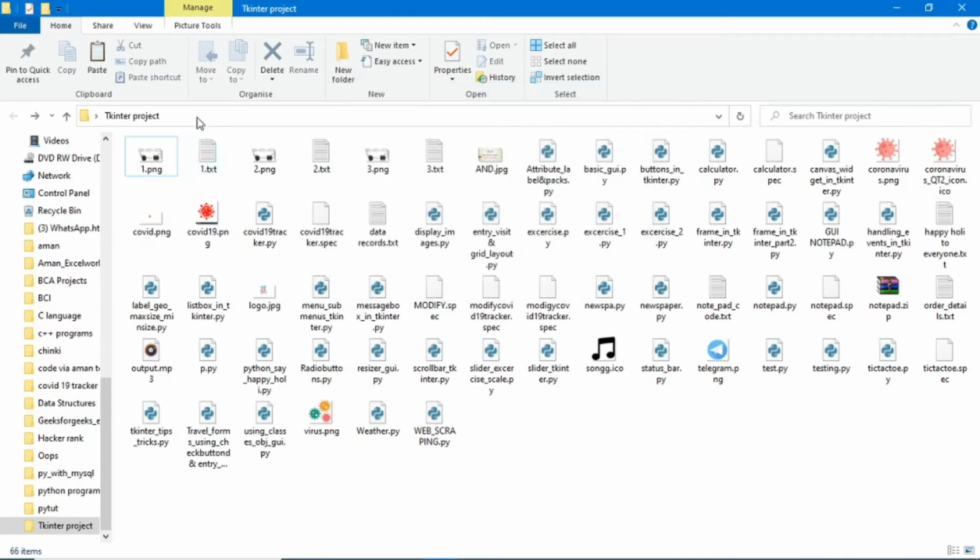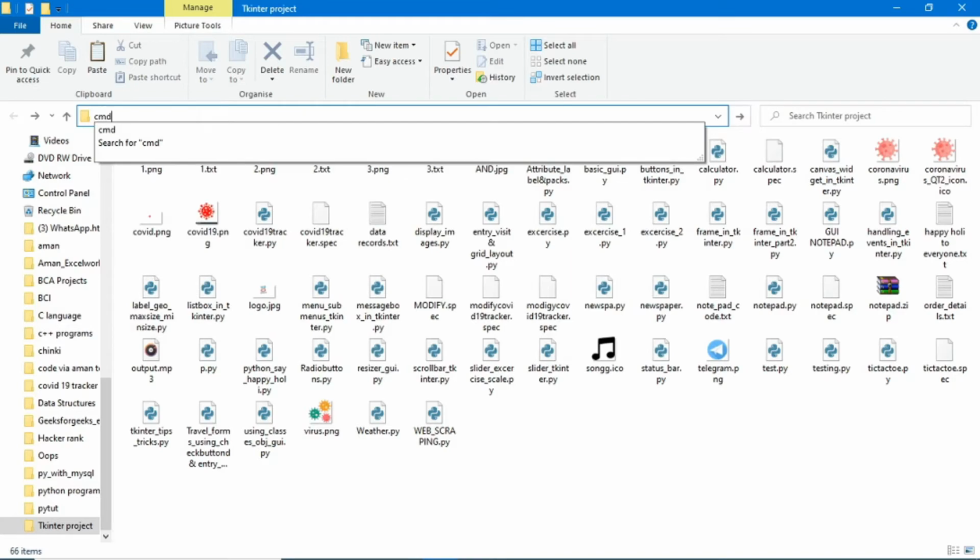After this guys, here type cmd, because here we will open cmd, and cmd will also take this directory path. That's why I am opening cmd in this folder.